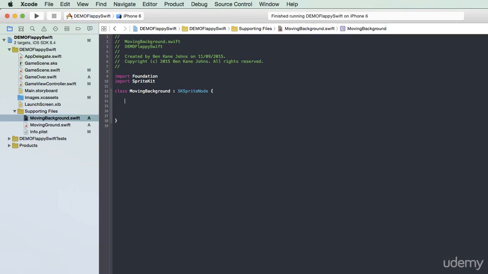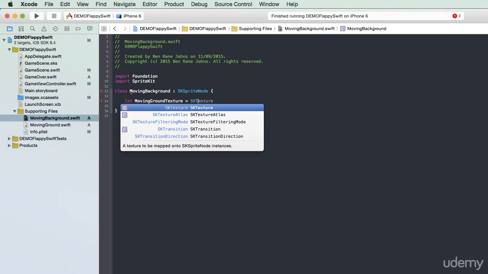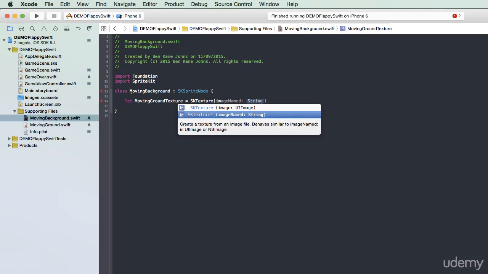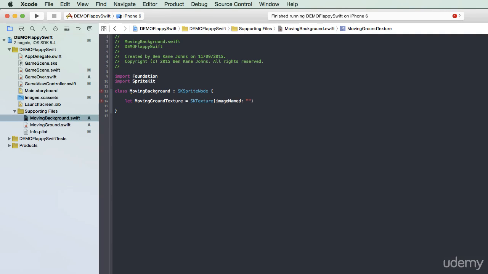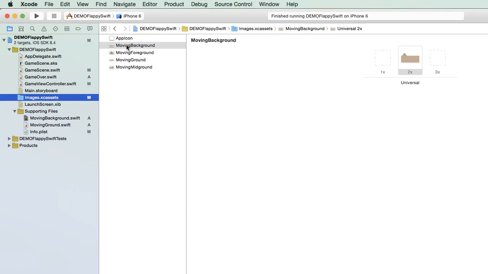Now we need to create an SKTexture called movingBackground. So we'll use let, as this is not going to change, and then we'll type movingGroundTexture. This will be an SKTexture, of course. Open the brackets and we'll use imageNamed, and the string name will be moving background. So this will call the image set that we created with the name moving background and the image file that's